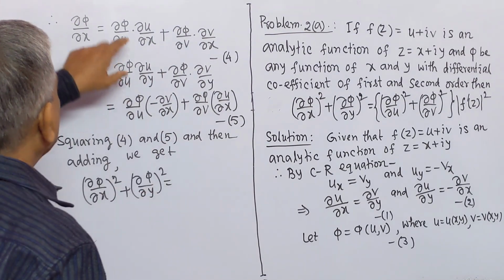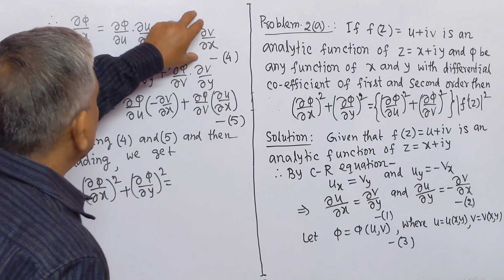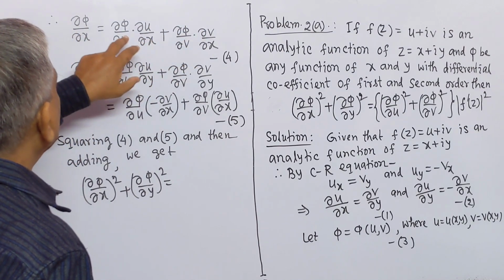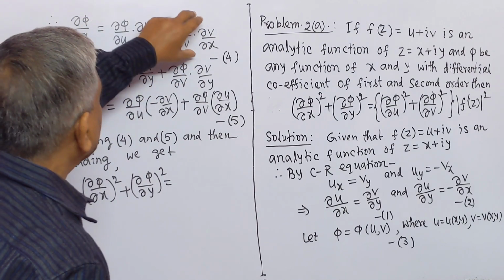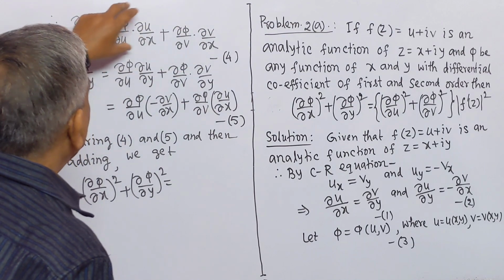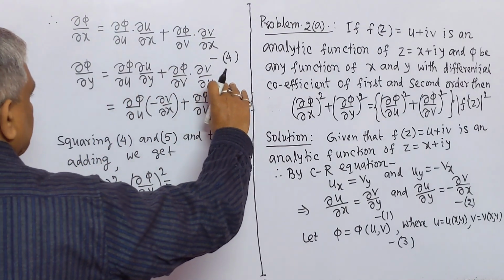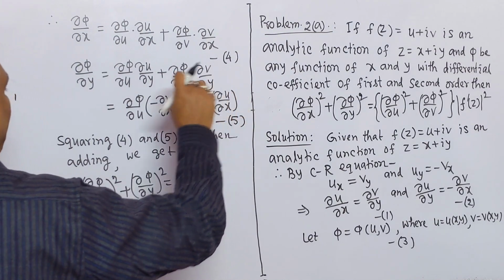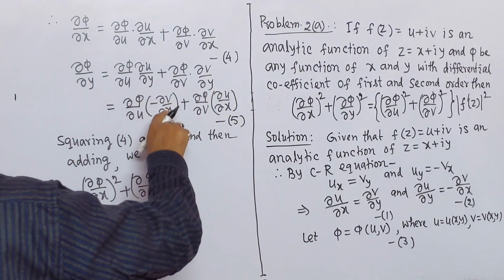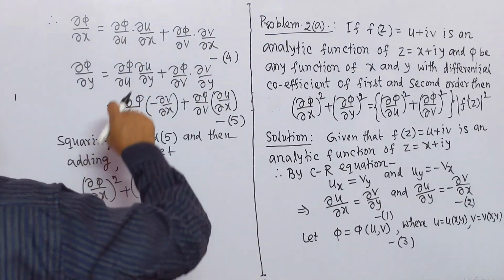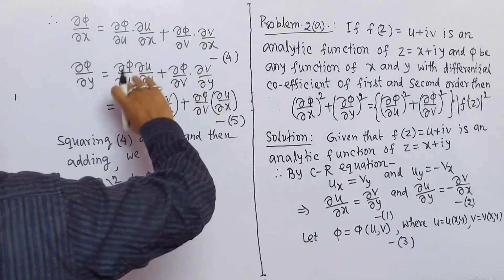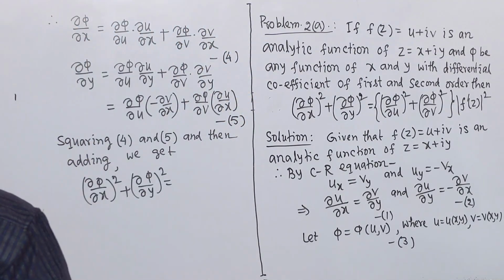The right side will be this square plus this square plus 2 into this multiply this. This will be positive, and here this square plus this square minus 2 into this and this, so the two cross terms, this and this, will be cancelled. So we write